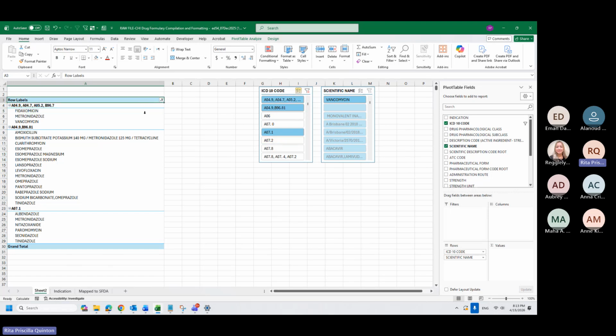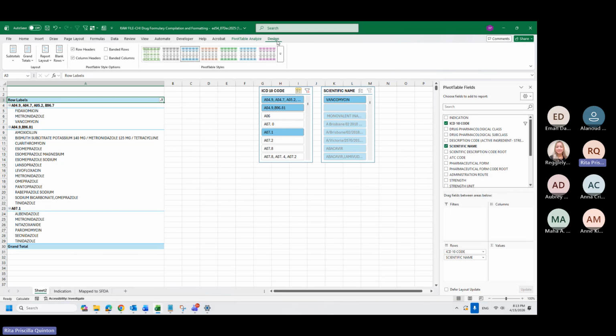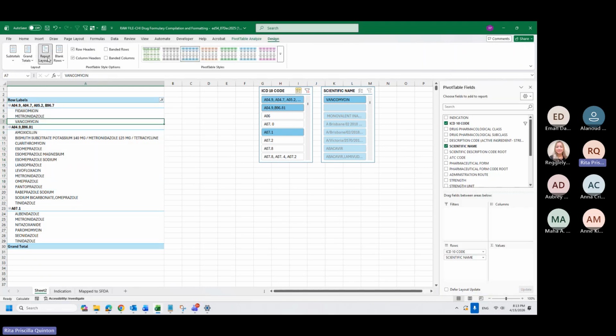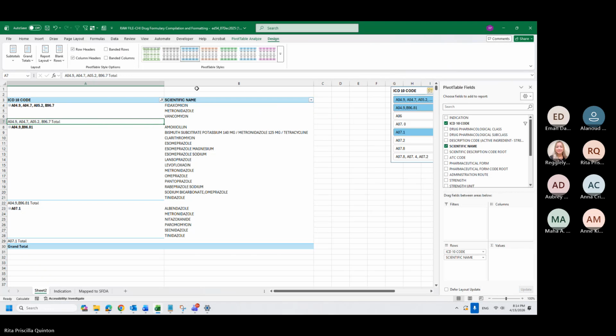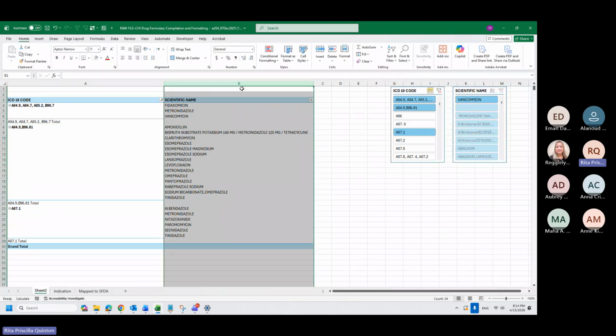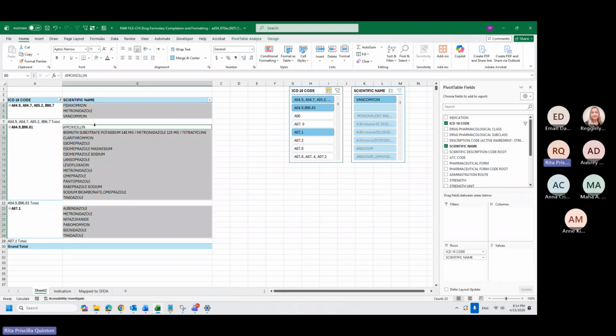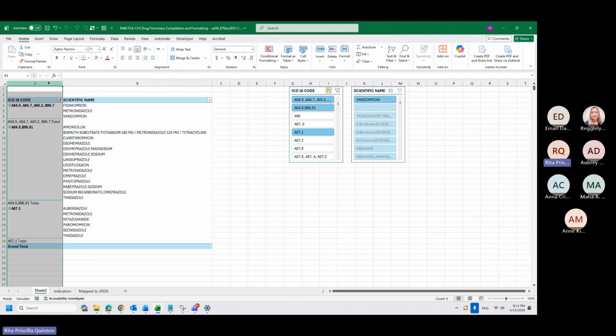Another option you can do in the design is, if you don't want it to be together in one column, you can make it tabular. So you will have on the right side all your scientific names for the medication, and on the left side your diagnosis.